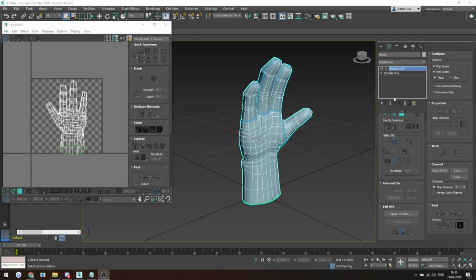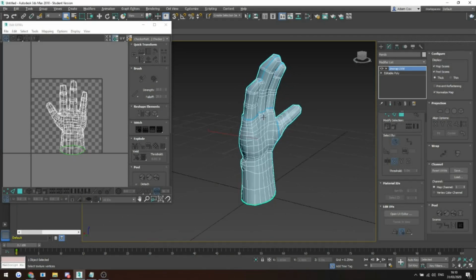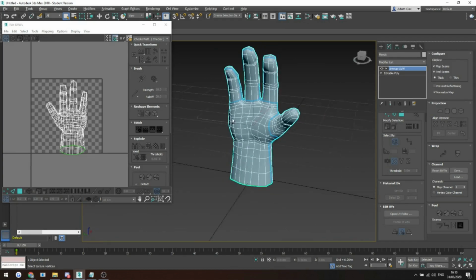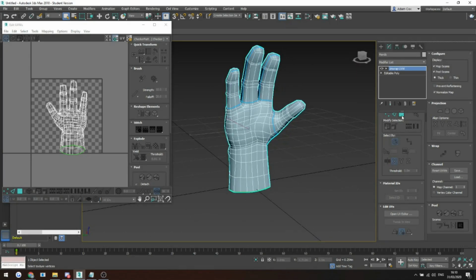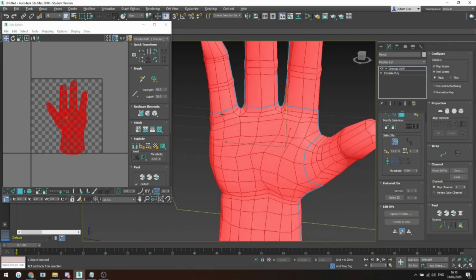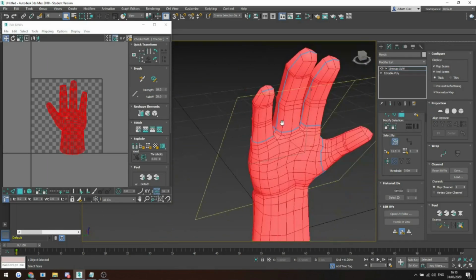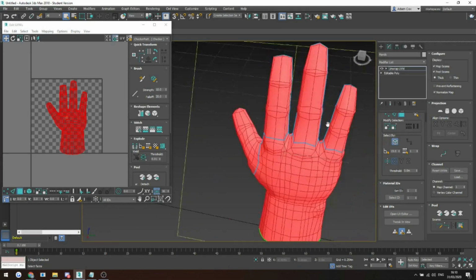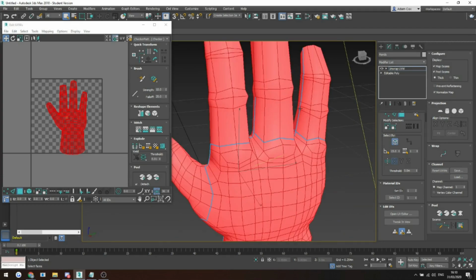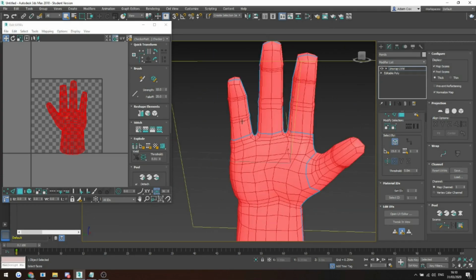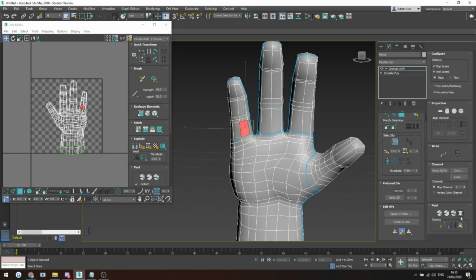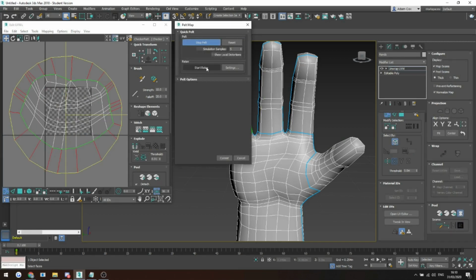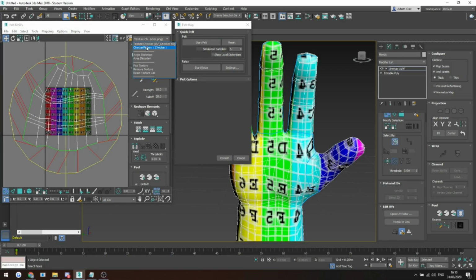But like I said, we tend to use pelt mapping on the more organic models. So I've just got someone's hand model here, and I've already added in the blue seams. I've tried to hide the seams as best as possible, where the player is less likely to see them. Okay, so same process as with the cylinder. I'm going to expand to fill the seam boundaries, click pelt map, start pelt, start relax, and if we turn on our checker pattern,